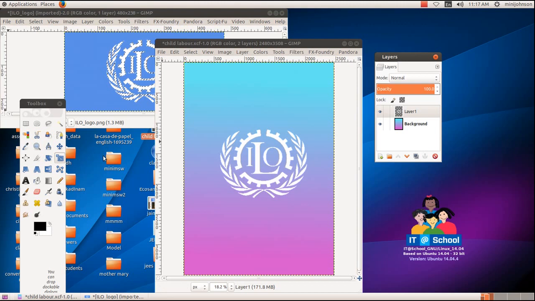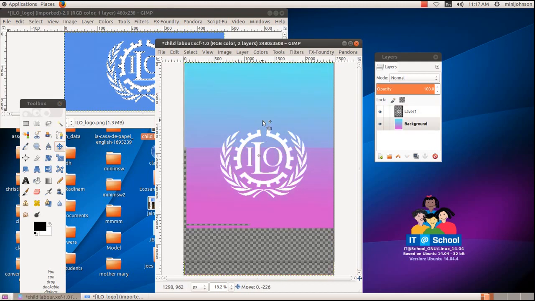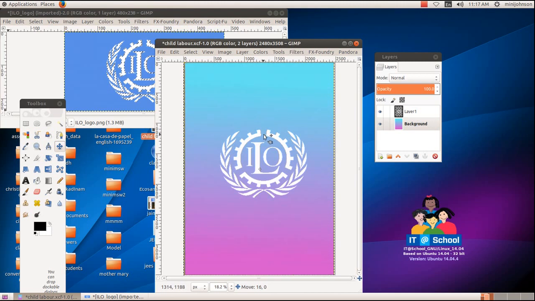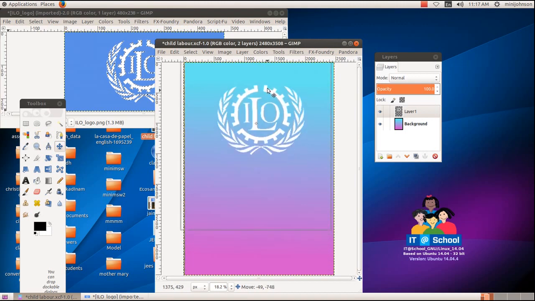Then move this. For that, use the move tool. Move. Then just move here. Sorry. It is selection. You have to select this layer. Then move it.